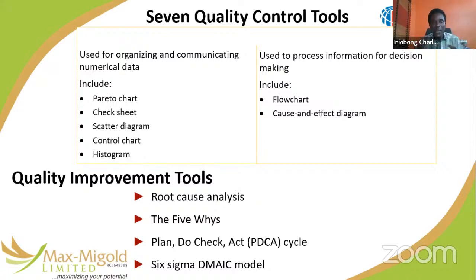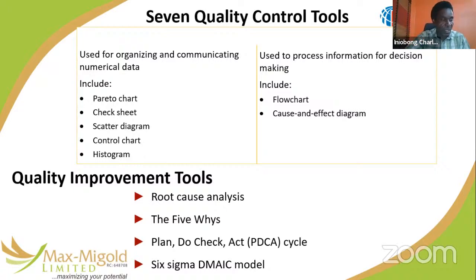Again, you use the plan, do, check, act cycle. You plan, you do, you check, you act. Remember, plan is planning the work, put a lot of preparation, put the resources in place, the fund in place, the subject matter expert in place. After planning, you now execute, which is the do. Then when you execute, you check, that is monitoring. Check if your plan is consistent with the kind of result that you want. And if it is not, you act, as in you bring in a change management or a corrective action to